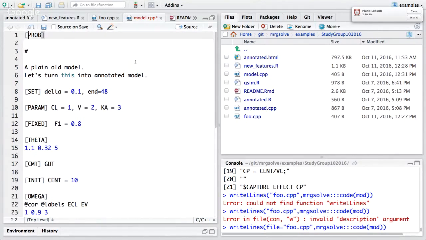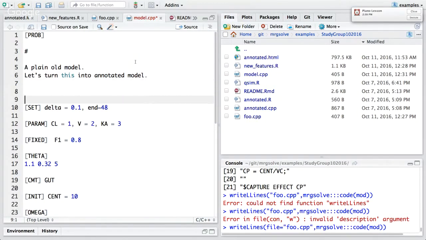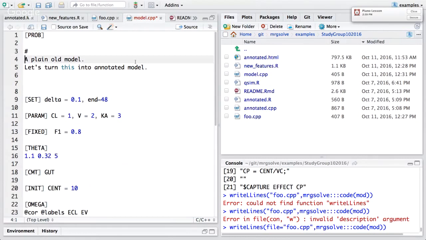Okay, so one thing to notice is that this $prob, so that's kind of like $problem in NONMEM. And previously that's just been kind of ad hoc text that you can make notes to yourself about what you did and when you did it and things like that. So $prob is going to be, it can still be just plain old text if you want it to be, but we're going to take that chunk and that's going to get rendered in Markdown. So what I've been doing is you can write Markdown text, and when the model gets rendered, that'll get rendered like this. So this is going to be an annotated